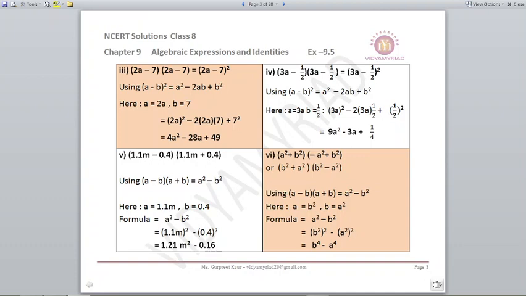So you will apply the formula of a square - b square, which is, what is a over here? a is b square. The first term is b square. What is b here? a square. So put it into a square - b square. So instead of a square it will be (b square) the whole square, which is b raised to power 4 minus, what is b square now? Instead of b, I will write (a square) the whole square, which is a raised to power 4. So the final answer is b raised to power 4 - a raised to power 4.